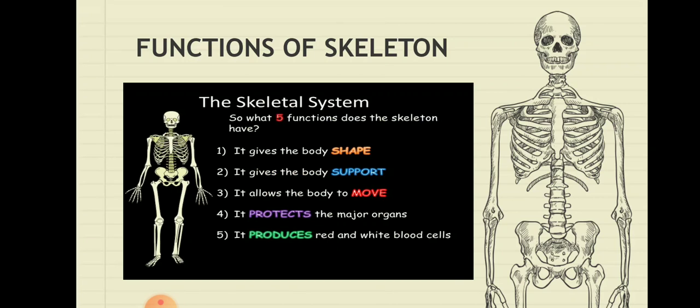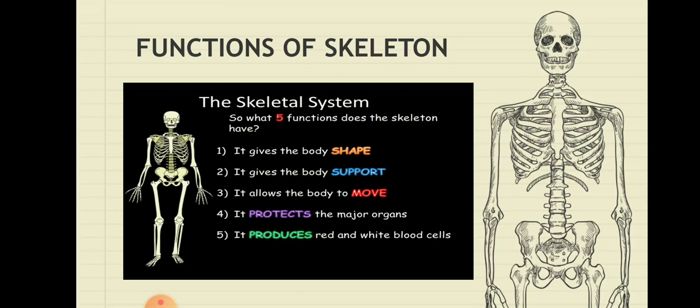Now what is the function of the skeleton? Yes, we have a skeleton, it's fine. So there are certain functions. Why do we need to have a skeletal system? So the first thing is that it gives shape to our body. If we didn't have a skeleton and we only had skin, would the skin stand erect, or would we have shape to our body? No, the skin is like a lamination being given to the bone. So bone gives us a particular, typical shape to our body.